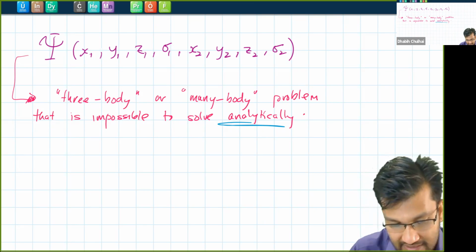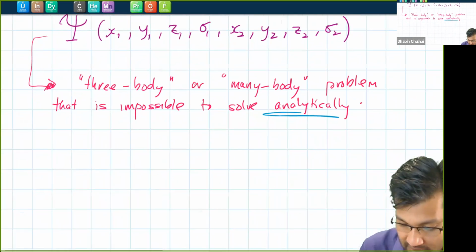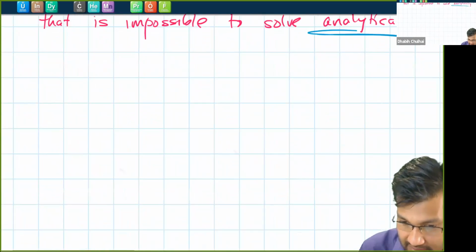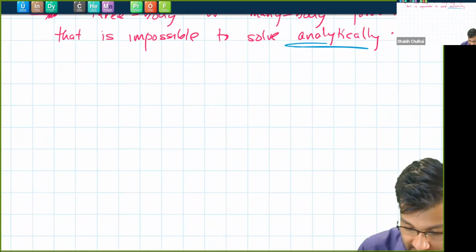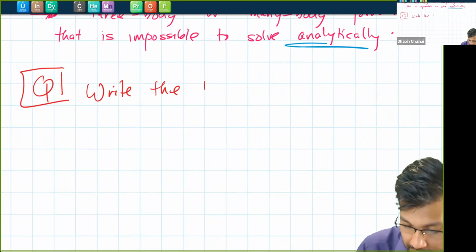There are ways, like I said, that we can go around doing this. But before I jump into all of that, how we can actually try to solve this, let's take a quick break here and give you a small exercise to do based off of something that we just did, which is I want you to write the full Hamiltonian